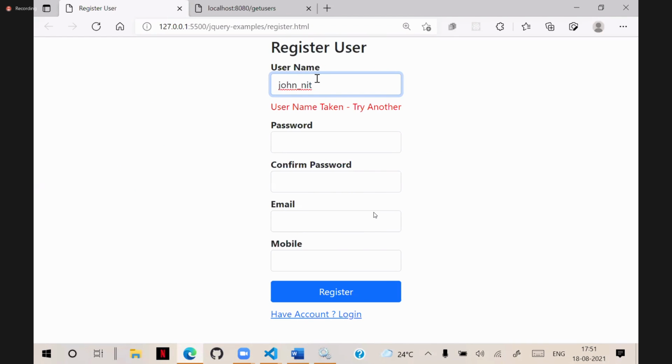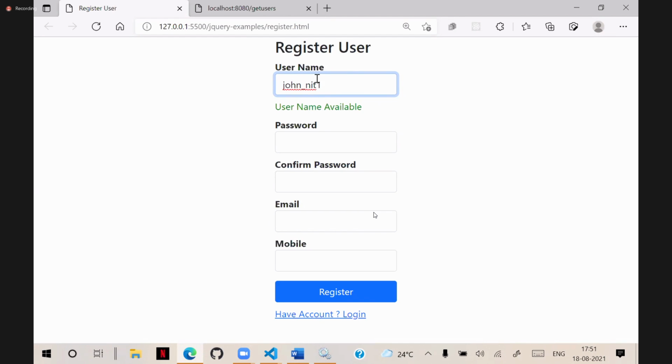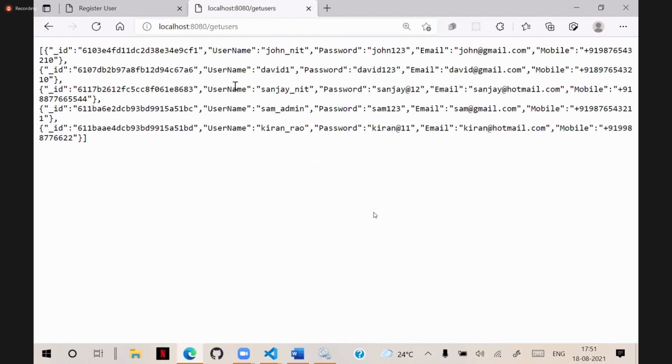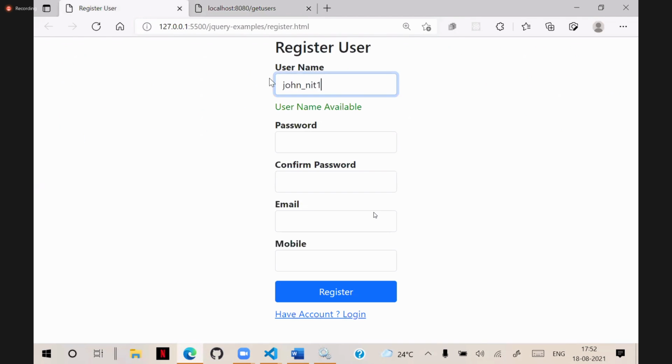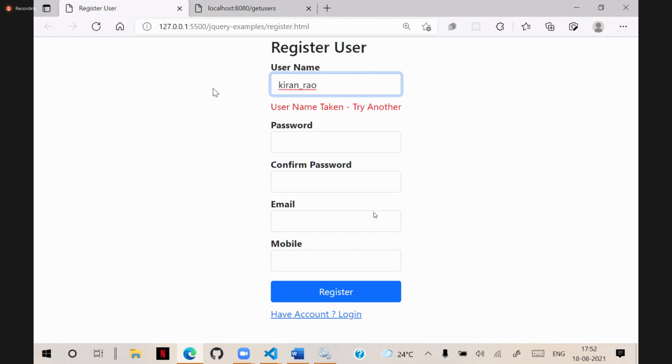Suppose John_NIT 1, it is available. It will display that message. This is live. We are verifying from the database. Suppose we have the username Kiran, it is available, Kiran_Rao, then it says it is taken. So we can configure in this way.